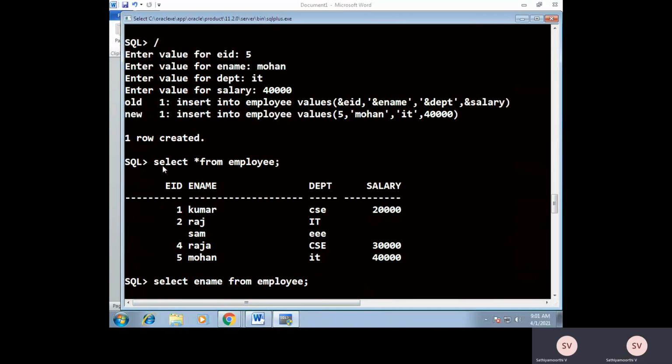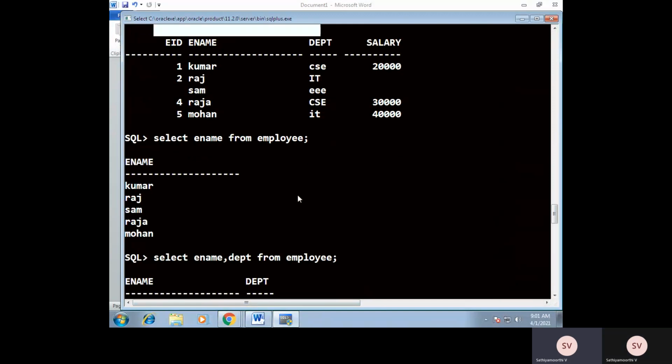So far we have inserted 5 records. If you want to display the content of the table, simply execute this command. Okay. So here blank indicates null. Only in the second and third records is the salary field having null values. In the third record, employee ID is having null values, blank.